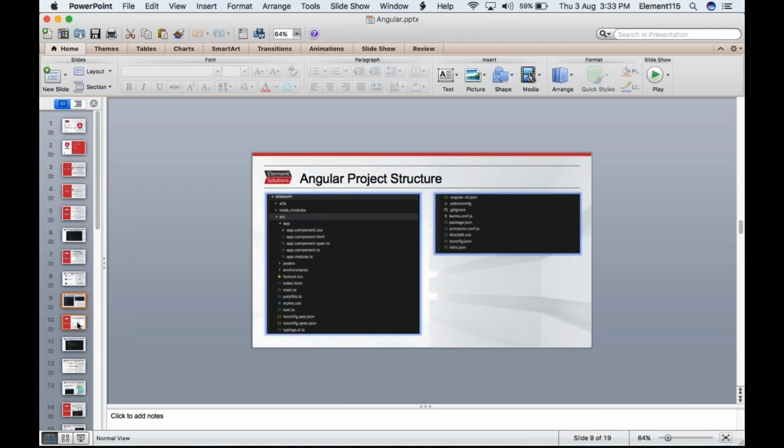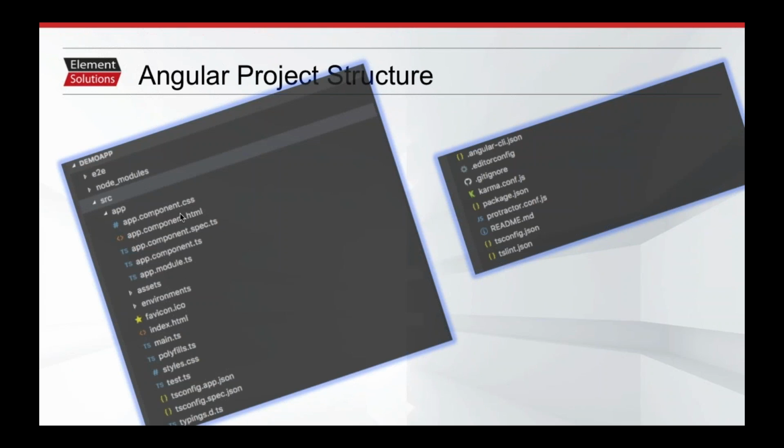So we have covered all the dev environment till now. Anybody got any questions? Next,